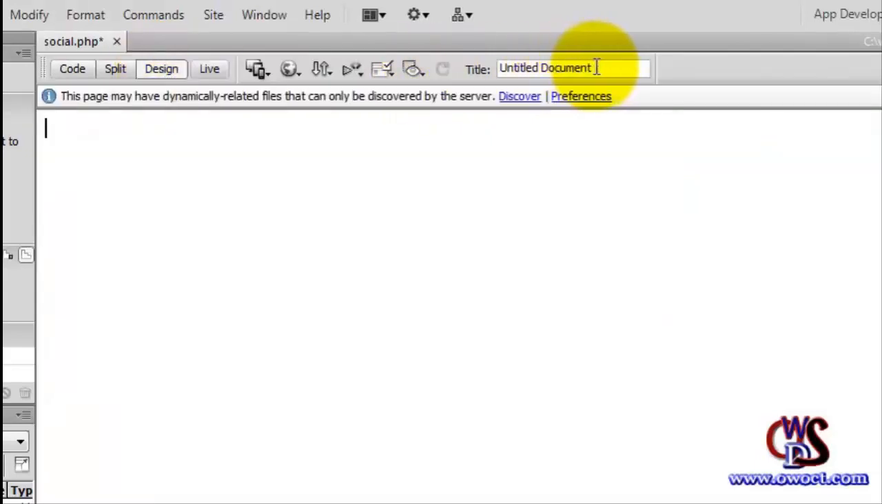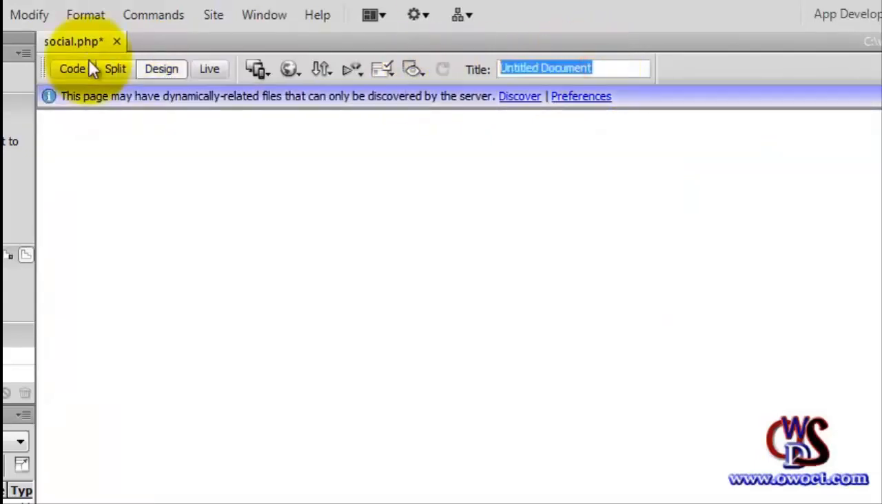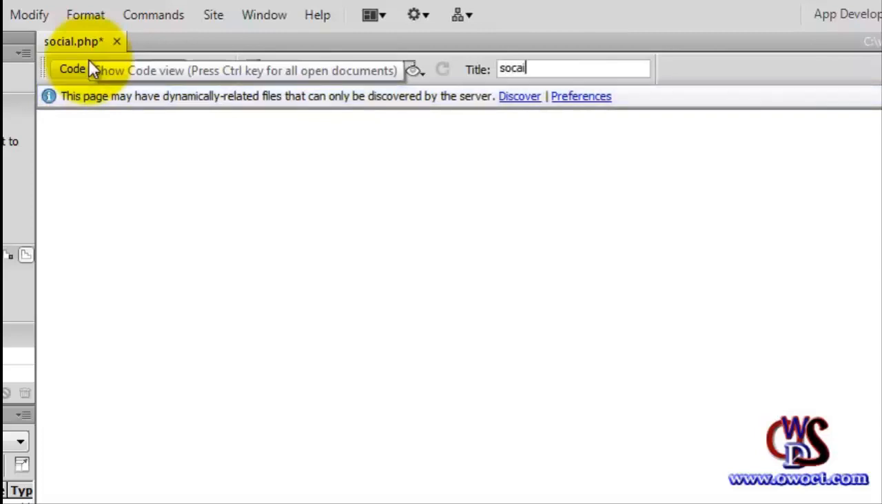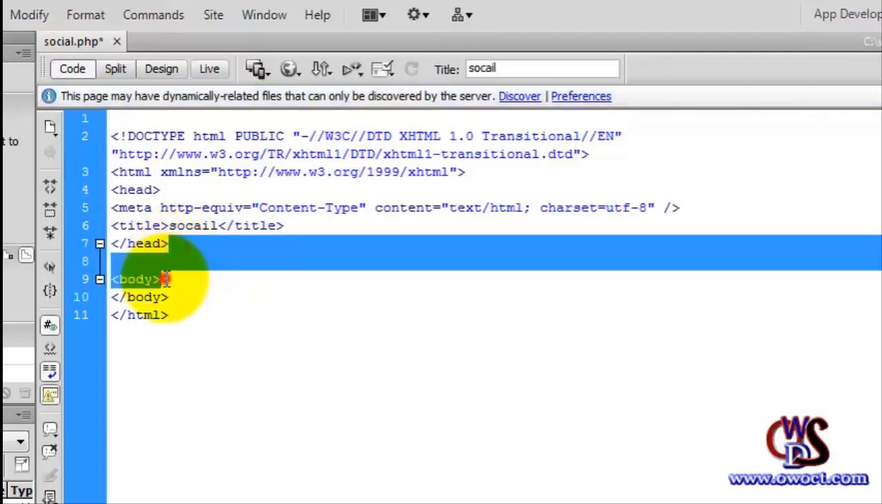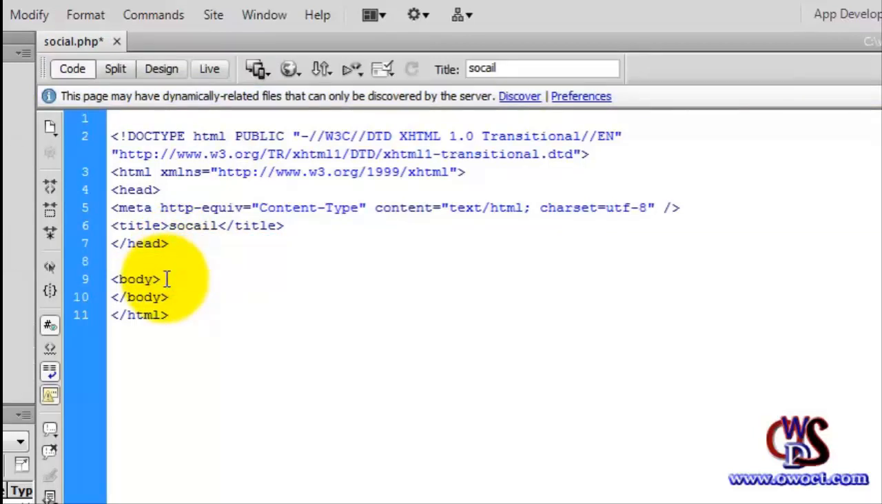Here on our design view, let's just name it and call it social. Then let's go to our code view and start something. What I want to do right now is on the body tag, drop it a little and insert some buttons. So right now I'll just say